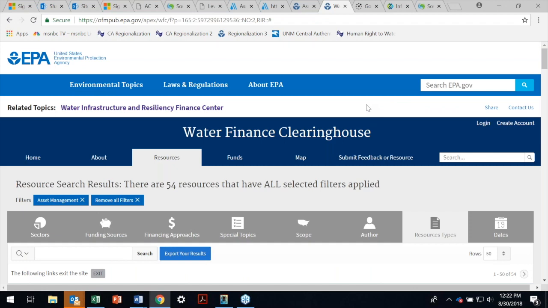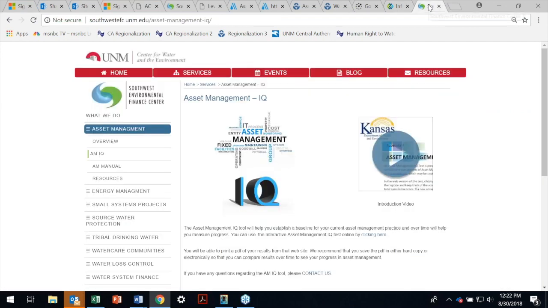So the clearinghouse has a lot of resources, and you can sort through for reports and different things, and there's an asset management filter that you can put on, so you can get some information that way. The Southwest EFC site has a lot of different resources available for asset management, one of which I'm showing here is the Asset Management IQ that allows you to answer some basic questions about your utility, and you can track over time the improvements in your utility.